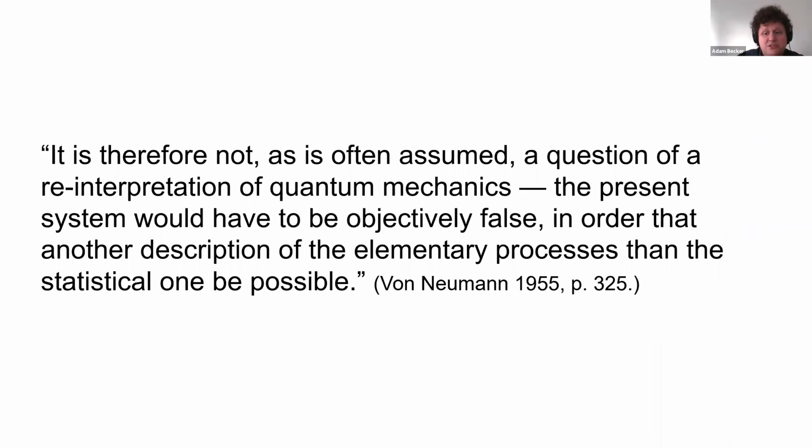And indeed, in von Neumann's famous quantum mechanics textbook, we find that von Neumann says something fairly similar to what Born said in his book. He says that you can't reinterpret quantum mechanics in a non-statistical way. You can't introduce hidden variables. Now, of course, this was wrong, but it was not widely known that this was incorrect at the time.